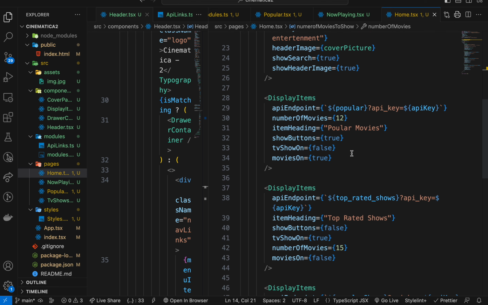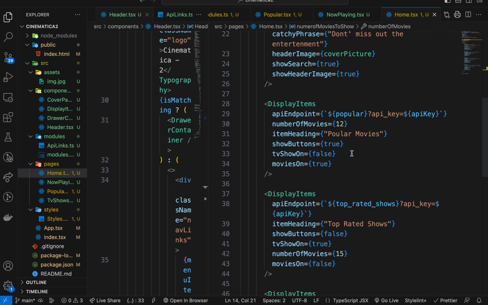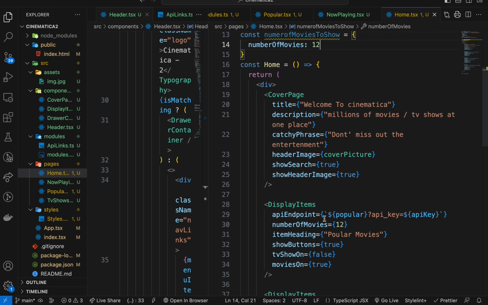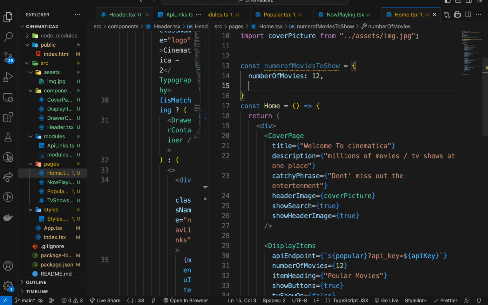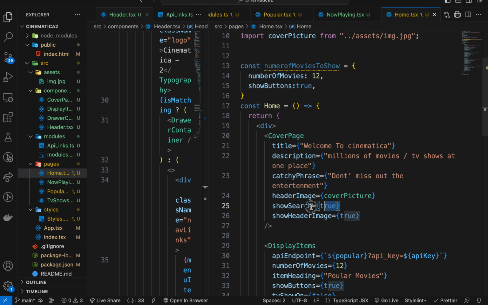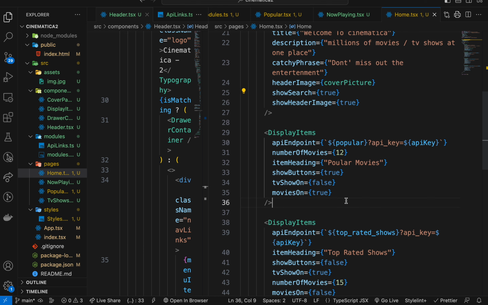And well, show button is true here, show button is true here, show button is true here. So if I'm showing the button everywhere, I'm also gonna pass that to it. Show button. Not at this place, bro. So we're gonna delete this from there, delete this from here, and